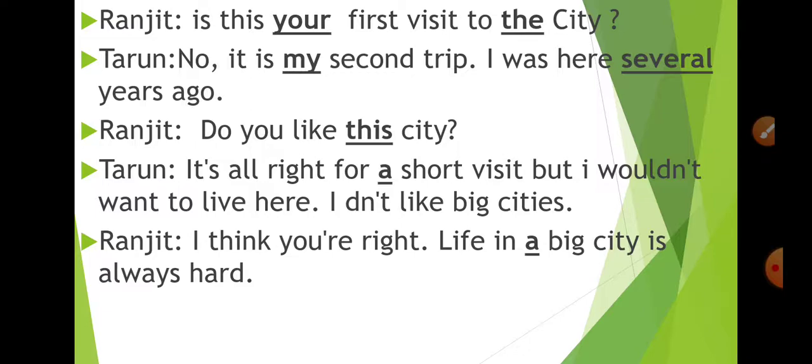Ranjit, is this your first visit to the city? Second, what is Tarun saying? No, it is my second trip. I was here several years ago. Then what is Ranjit saying? Do you like the city? What is the answer given by Tarun? It's alright for a short visit, but I wouldn't want to live here. I don't like big cities.